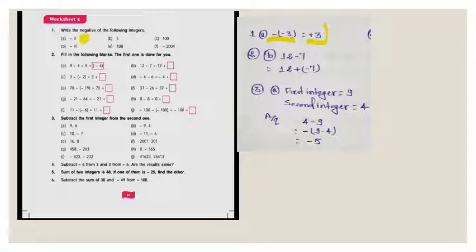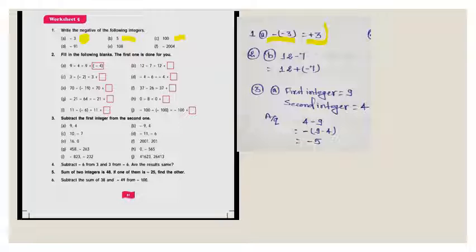Similarly, you can solve all the questions. Like negative of 5 means minus of plus 5, equal to minus 5. In C, 100: plus 100, means minus of plus 100 is equal to minus 100. Similarly, you can find the negative of the given integers. In question number 2,